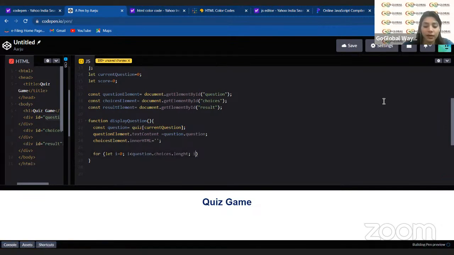Semicolon. I will be plus plus. And I will put the curly brackets again because you are putting the for loop. You will write const button equals to document dot create element, and here it will come button. Here you will write curly brackets, then you will write button dot text content